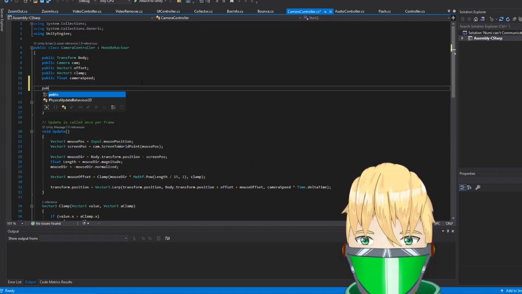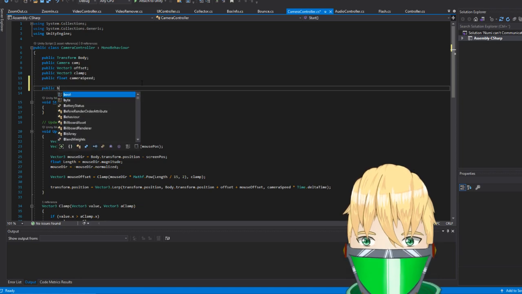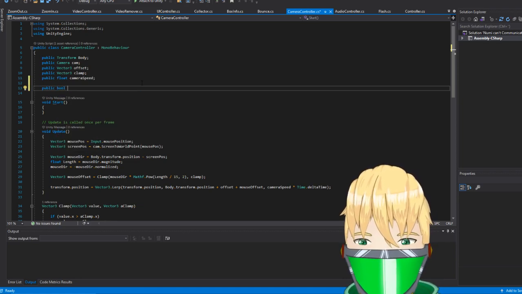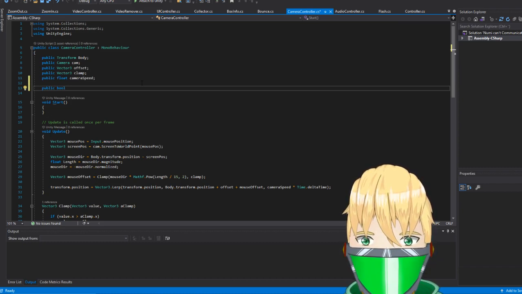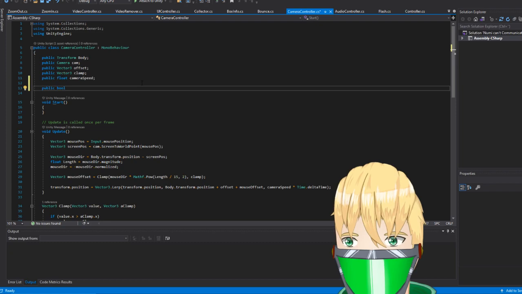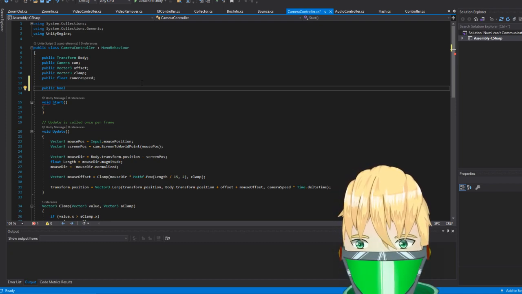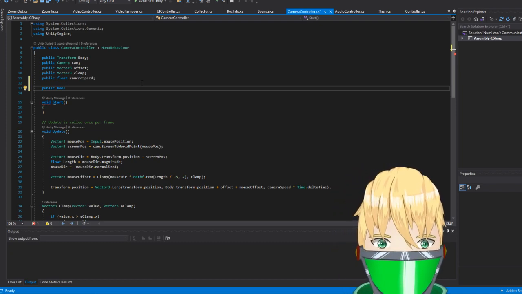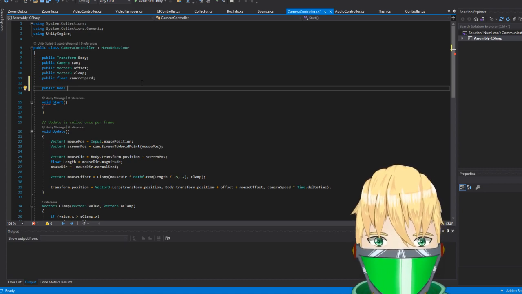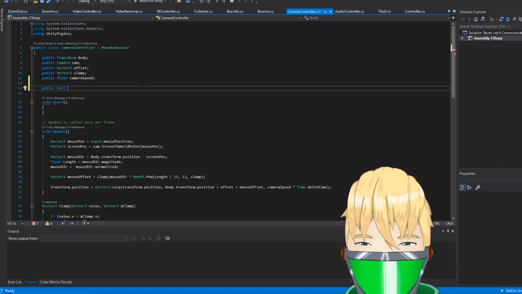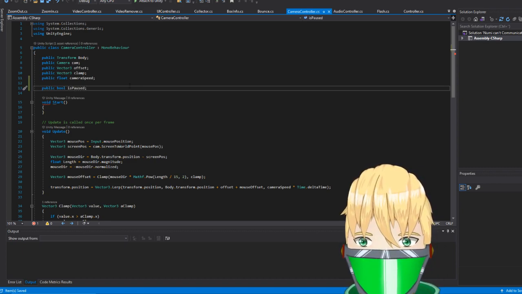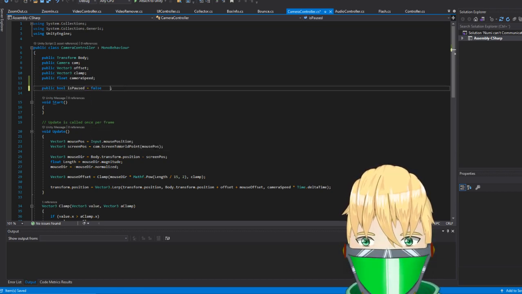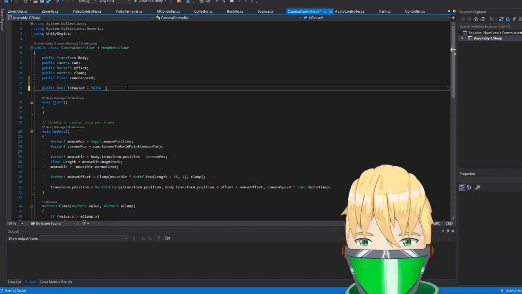So I want to add a public bool in the camera controller. Is moving? I don't know. Allowed to move, is paused, we can do, which will at first just be set to false because we don't want it to be paused at the start.